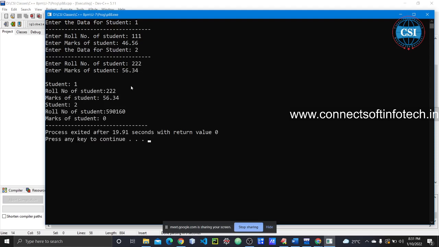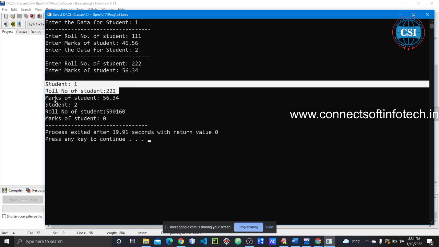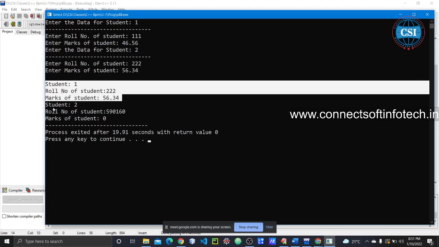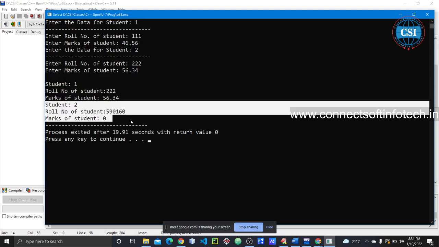Now see here, student 1 details. Roll number of student 222, this is for student 1. Now student 2. See what is happening here. Once again, roll number of student 590169. It's a garbage value, right?